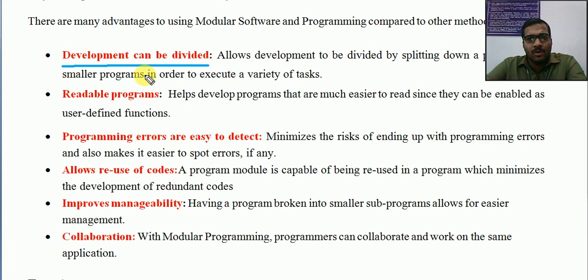So a large software project can be divided into a number of modules. Also, if you have separate modules available, as I mentioned with a textbook, we can easily read the contents. If somebody is going to modify that program and wants to easily understand its contents, it must be in a modular format.